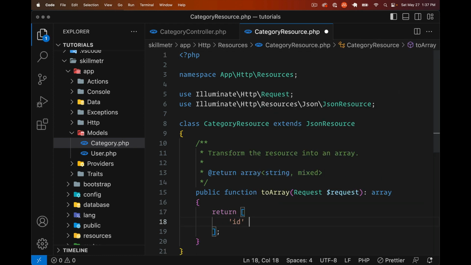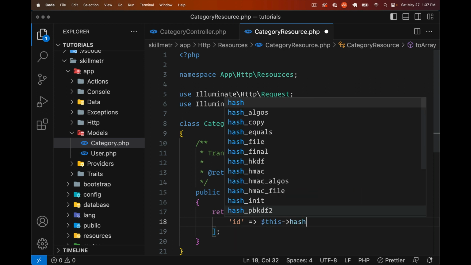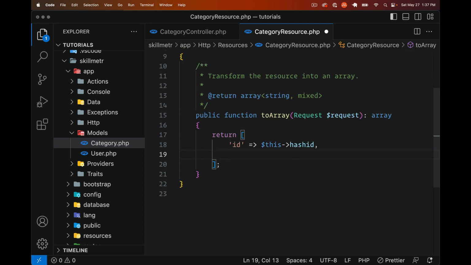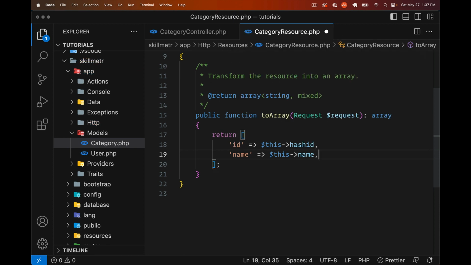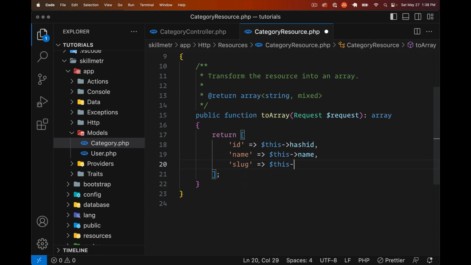So id, this hashId. Again, we mentioned that in the front end, all we want to expose are the hash IDs. And in the back end, we know that we can resolve that to the actual IDs. The name will be this name, the slug, this slug,